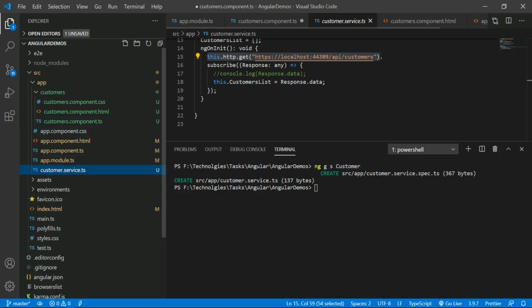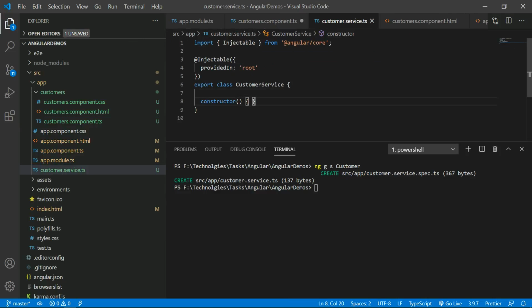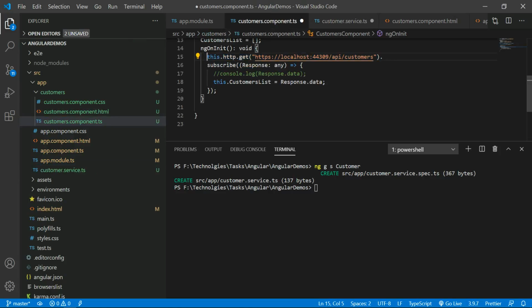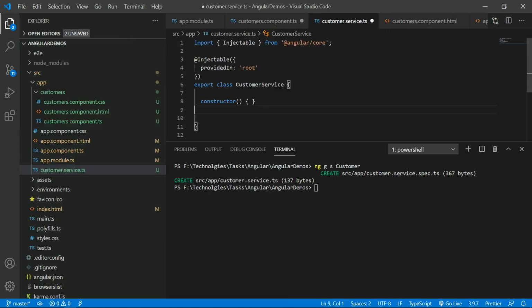In this service I wanted to move this logic, so by using the service I can take this code entirely into my application. So I copy this and create one method in this service, that is getCustomers.